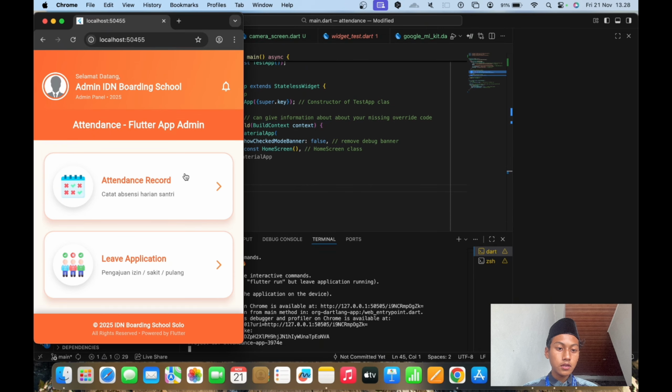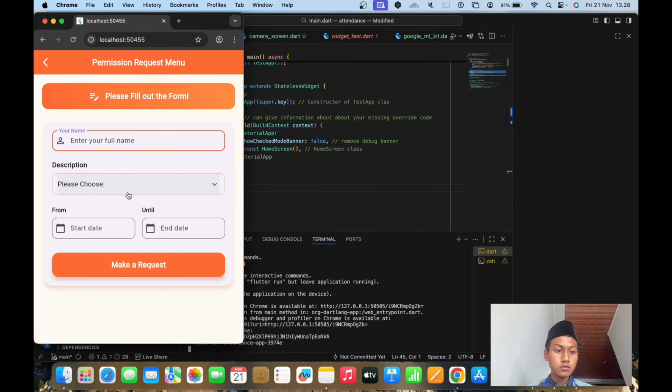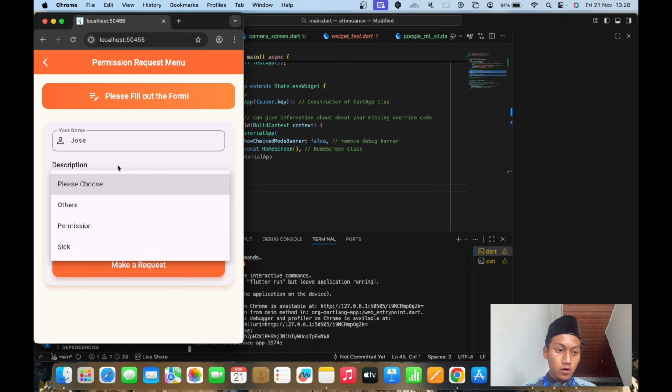So this is the attendance record. You can fill in your name, like my name, and then you can choose the permission type. You can use others, maybe teaching, or permission, or sick.